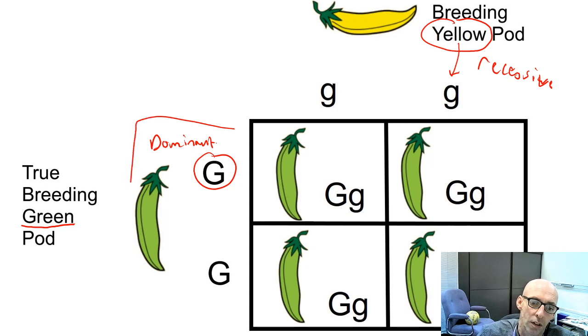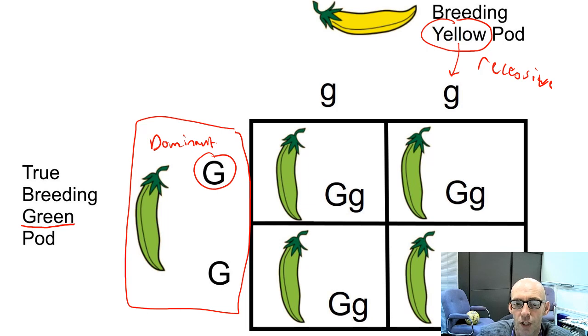This parent over here started off with 2 dominant ones. So let's say that it made some pollen, all of them will carry a G. So what I do then is, that G from the pollen could end up with that egg from the female flower. Well, obviously these are peas. Or it could end up with the other one. So actually what we end up with here is 4 individuals, all got exactly the same. They've all got a green dominant gene, and they've all got a yellow recessive gene.